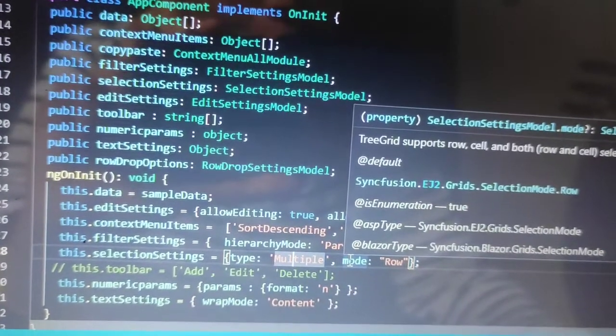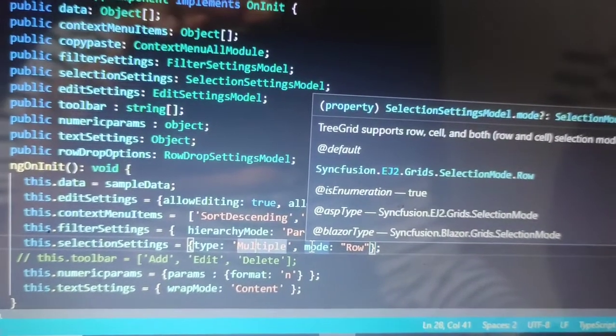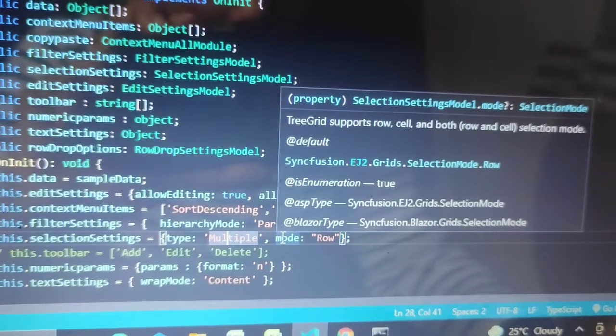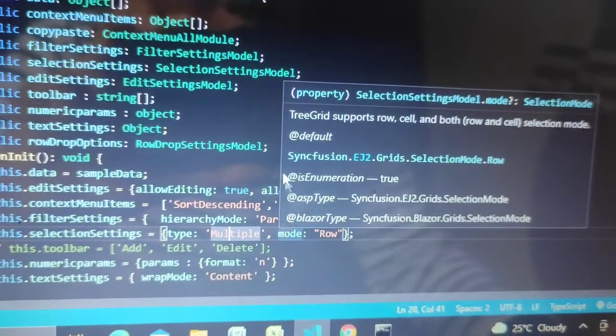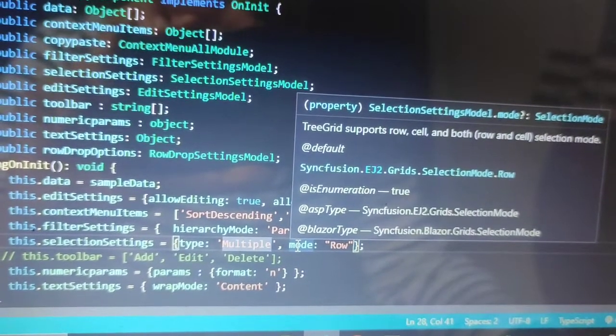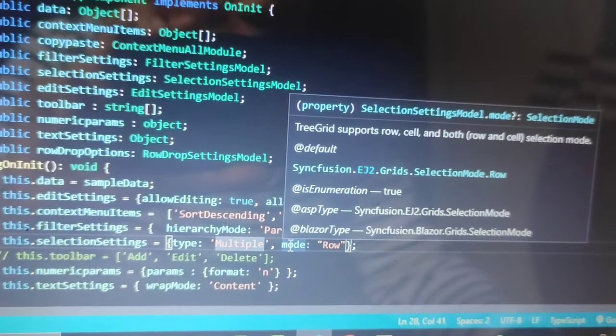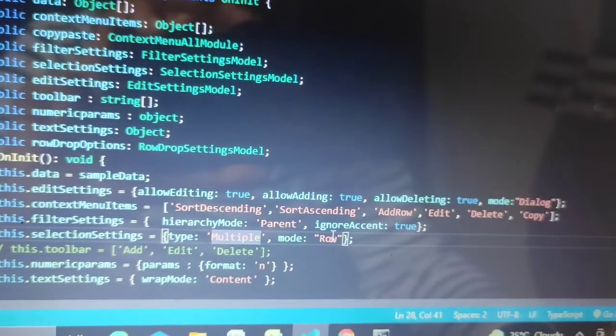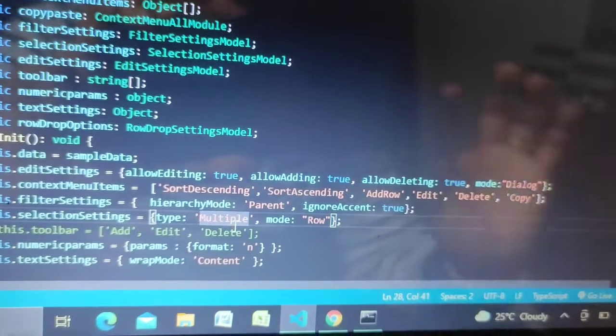We have set the mode as row. We can either set the mode as row or column. The grid supports row, cell, or both row and cell selection mode. So here we have given it as row.